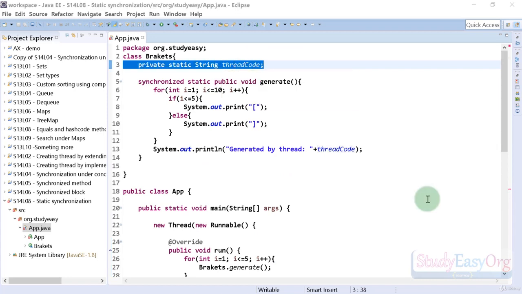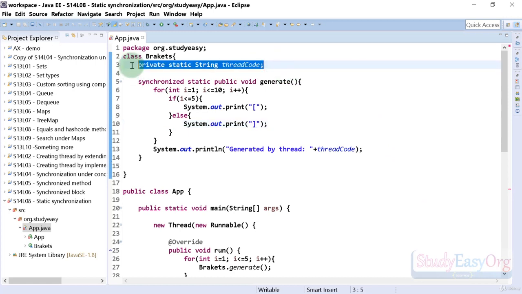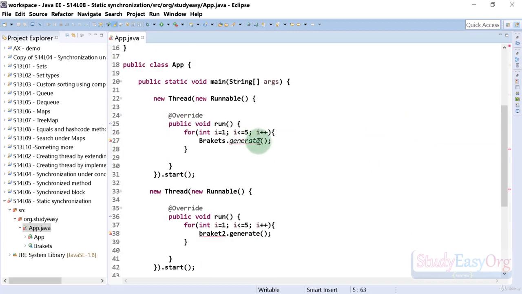The quickest and the best possible solution to this issue is to get rid of this global variable. We don't require a property and we don't require a constructor either. We will receive the entity directly as a parameter to this generate method. In here type in string thread code. Alright, and that's it. And when we are calling this generate method, we will pass in the string, for example thread 1,